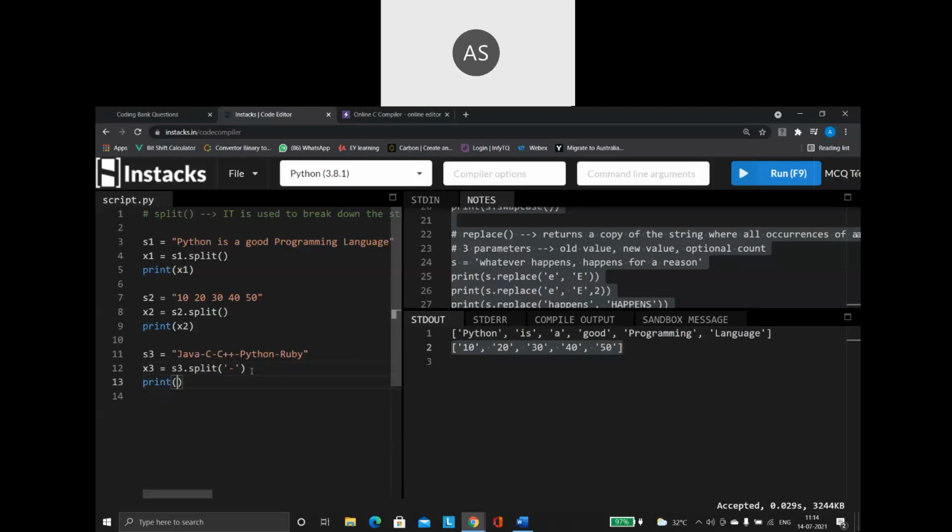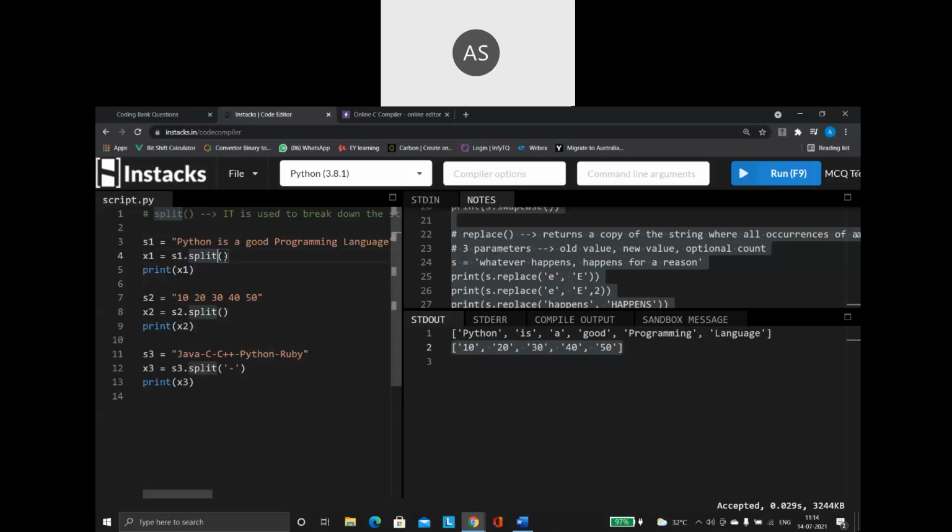So here what is another important point you have to remember is, when you are going to use space as a separator, then you don't have to mention anything, because the split function by default will always separate the values based on space. So when you are going to use a space as a separator, no need to mention anything. You can simply call the split function like this.